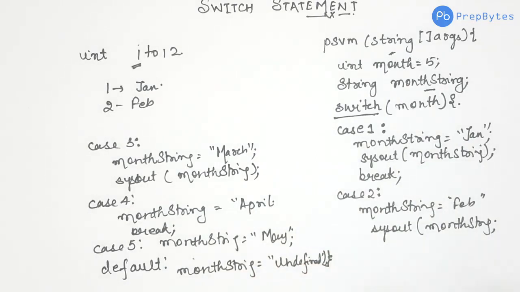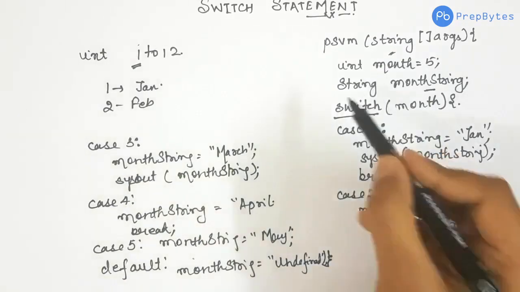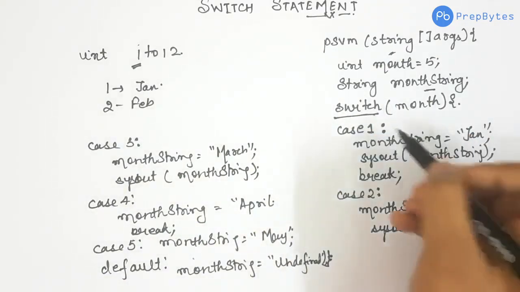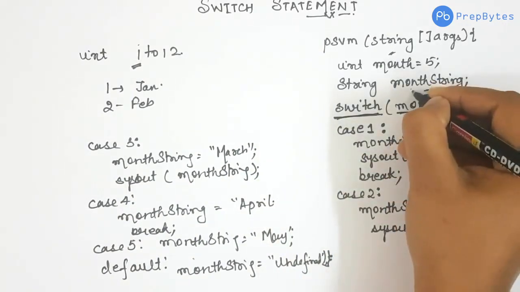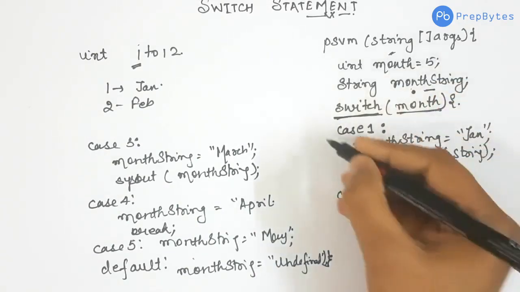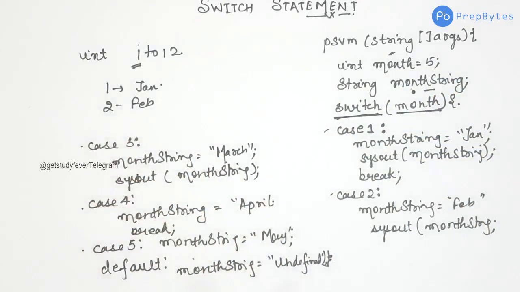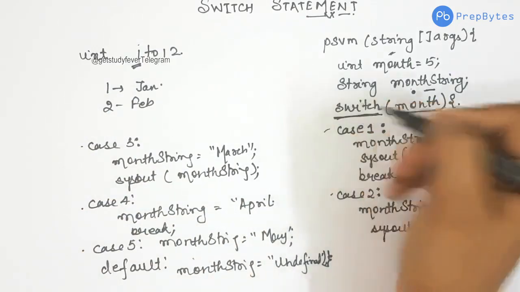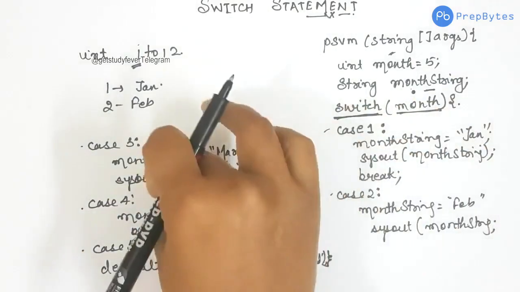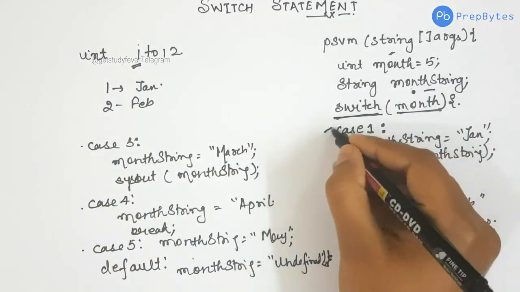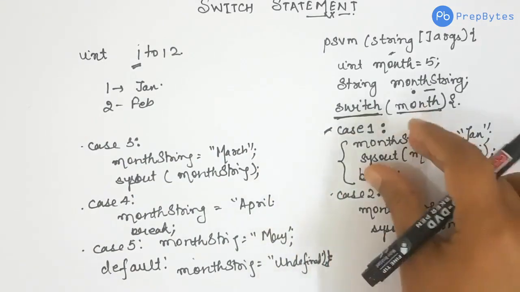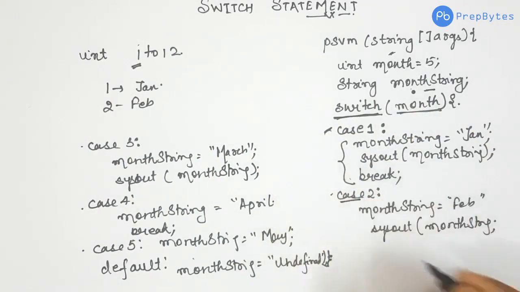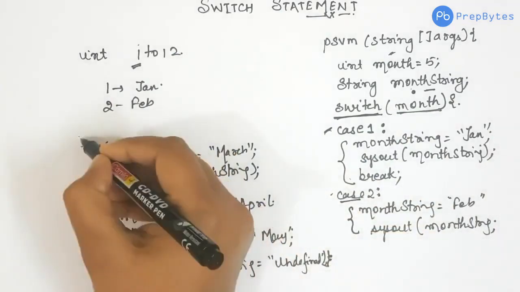Okay, so let's see the code. I had to write it here because of lack of space. So let's see how switch goes. Let's try to understand. We have a switch statement and we have a variable. Based on the value of this variable, one of the cases gets executed. So we have a switch, we have a variable, and then we write several cases. So here we have case 1. Inside this case 1, we have 3 statements. Inside case 2, we have these 2 statements. For case 3, we have these 2